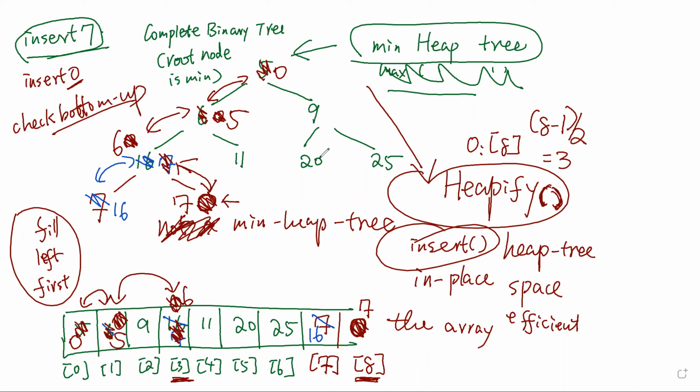And in our example, what we discuss is minimum, okay? So the root node then is a minimum, and all parent node values are less than child nodes. And you can also do the other way, a maximum heap tree. Okay, so this is the idea about how we do the insert. And then next,